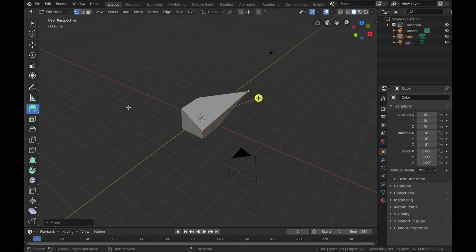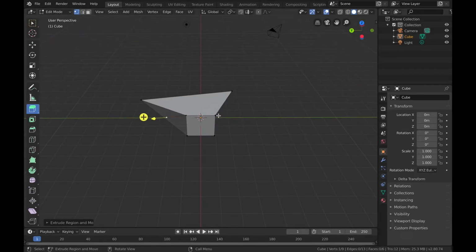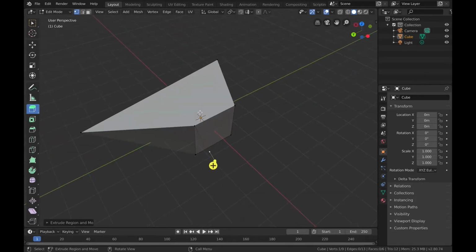The next we have the extrude tool. Okay, so basically using this you can extrude a vertex, and if you extrude it you will get another vertex and an edge is formed between the two vertices.